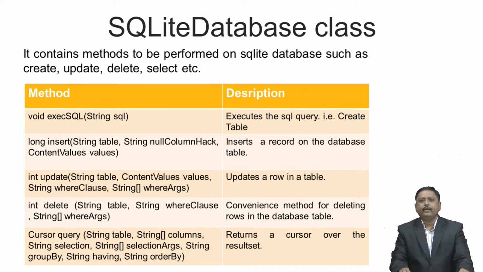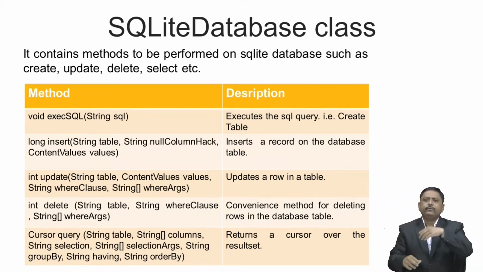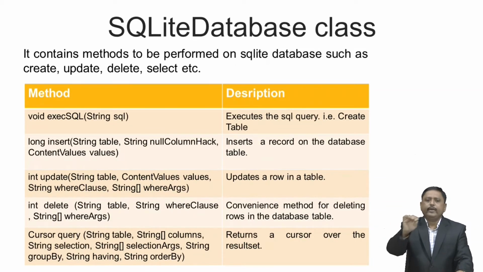And finally, when you want to retrieve all the data from the SQLite database, at that time you can use query. Now, if you see the return type of the query method, it is a Cursor. Cursor is nothing but it refers to the record set or multiple records returned by this query. So, inside query we specify the table name, and the columns that we want to retrieve. If you want to retrieve all the columns, then the second argument is null.